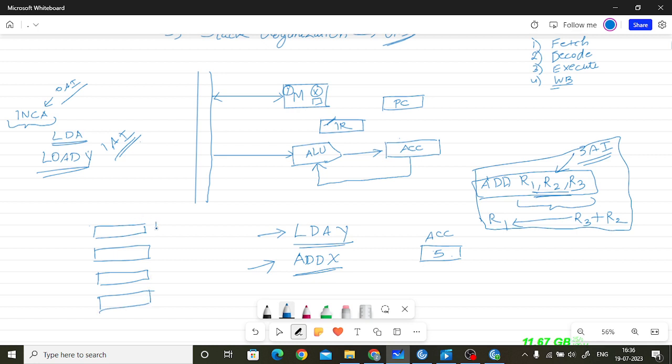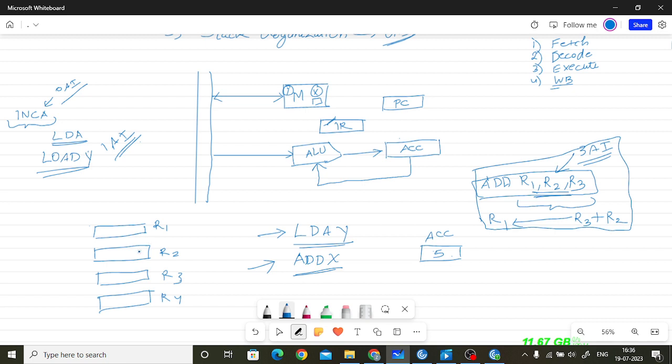Like R1, R2, R3, R4. So these registers will hold our data which is fetched from the memory, or which is provided as an input from an input device. So it will be residing in these registers, and